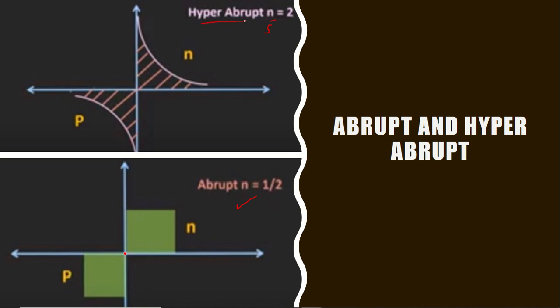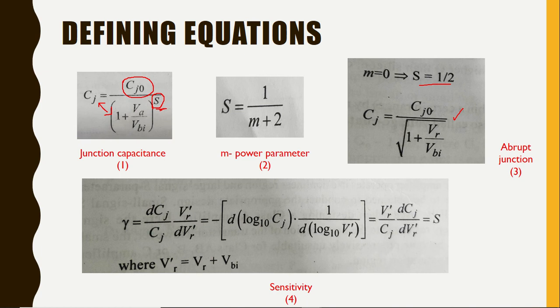Why it is called hyper abrupt is because if you see this graph, it is a maximum at the positive, going to a maximum at the negative. Again here, maximum at the negative, maximum at the positive. So if I have to transfer in between junctions, I have to automatically come from the maximum value to 0, again to maximum. Again maximum to 0, again to maximum. That is why these regions are called hyper abrupt junctions.